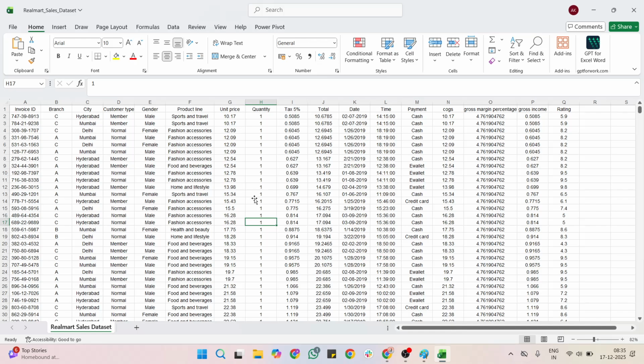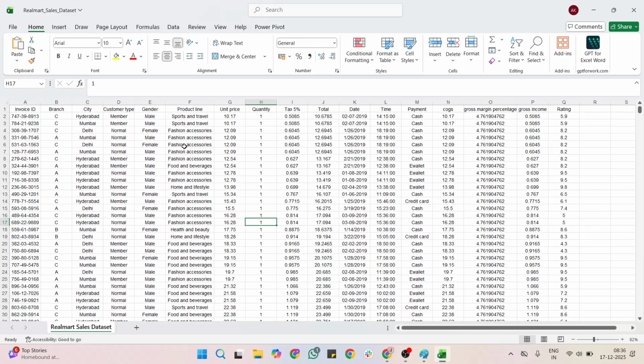Before creating a pivot table, you need to click anywhere on the data set. Inside the data set, this is the first step you need to understand. Most people will click outside the data set and then say they are not able to create a pivot table. Don't make this blunder. Clear? You need to click anywhere inside the raw data, and then you need to go to